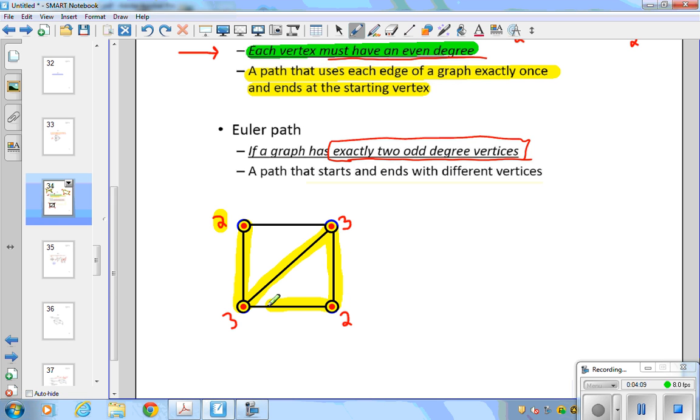And, oh, I'm stuck. I can't get back to my starting point unless I retrace an edge. Let's try it again. So let me just start right here. It seems to be easier. Okay. Well, I was able to recreate the graph, but I was not able to get back to my starting